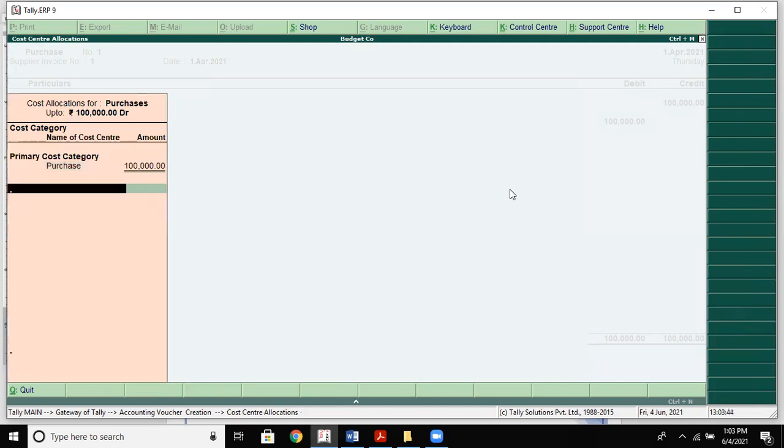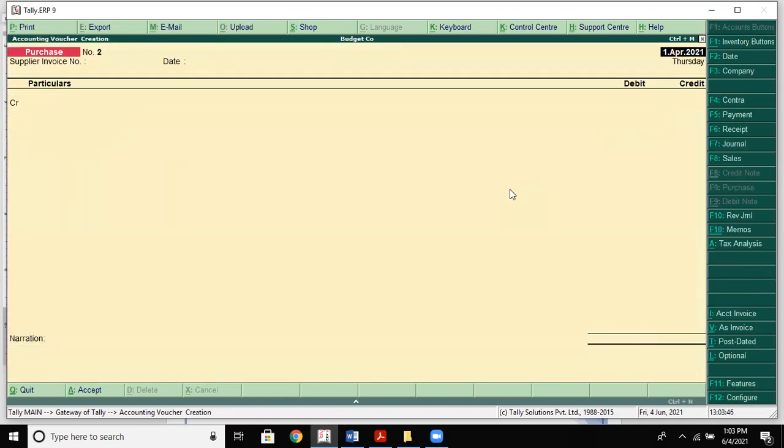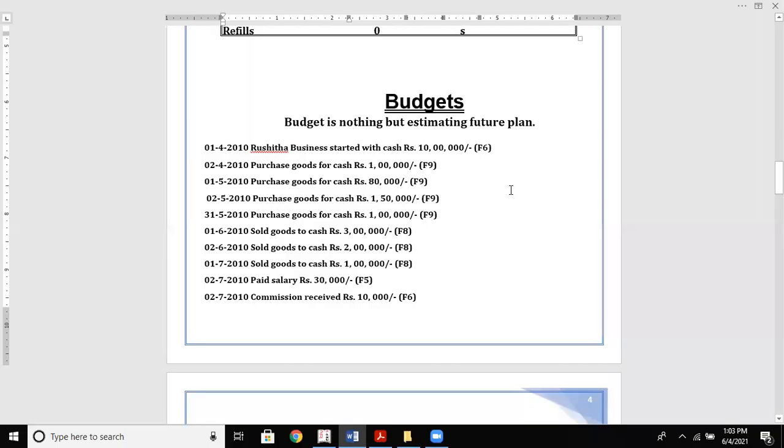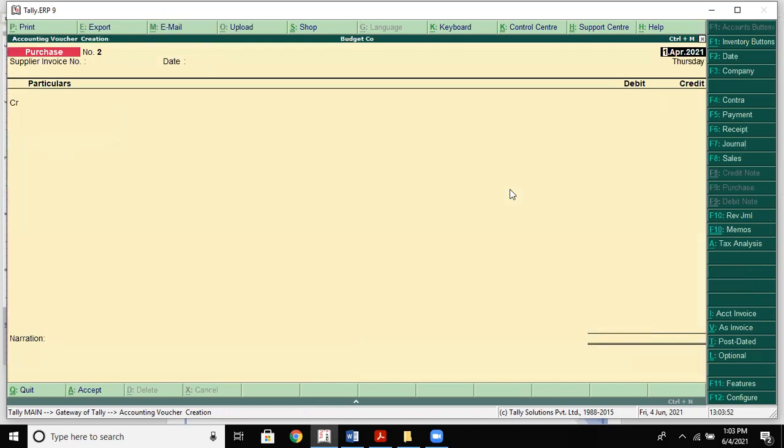Okay, 1 lakh. Save. Next, she also purchased goods for cash on 1/5, that is 80,000.